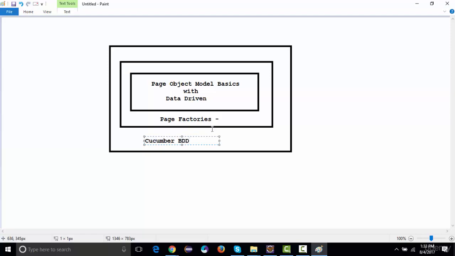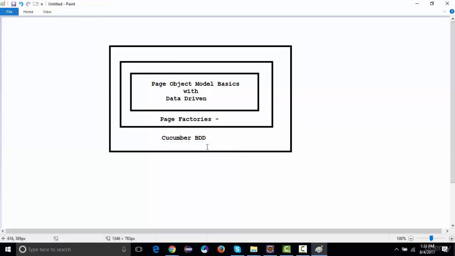So the same framework we can use to write our BDD test cases, right? We'll be using Gherkin language, and we'll be accessing our business concepts from the page object itself, and then we'll be deriving it with the help of Cucumber.